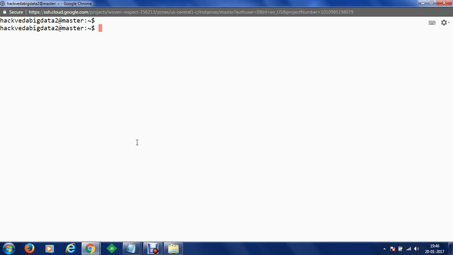Now in order to proceed next, I would like to perform some configurations on my HDFS site, core site, YARN site and MapReduce site. To do this, let me just show you where these files are available. Let's just list out within your /usr/local/hadoop/etc/hadoop.